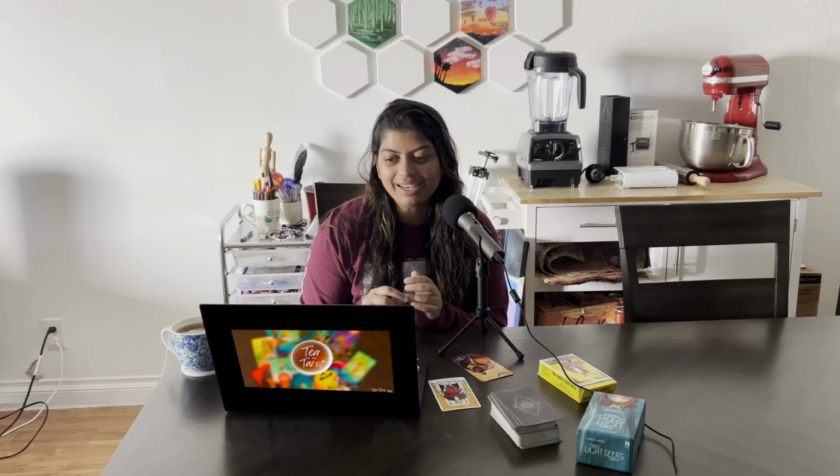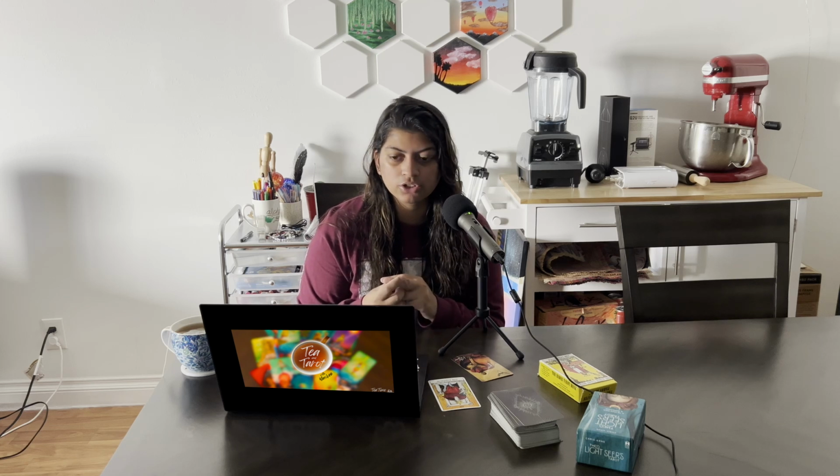Welcome back to Tea and Tarot. This week we will be breaking down the Emperor, continuing on our journey with the Major Arcana. Last week we talked about the Empress, and I mentioned that while the Emperor is numbered 4 and comes after the Empress, the Emperor and the Empress are really counterparts to each other, and the Fool kind of encounters them in parallel to each other on his journey.